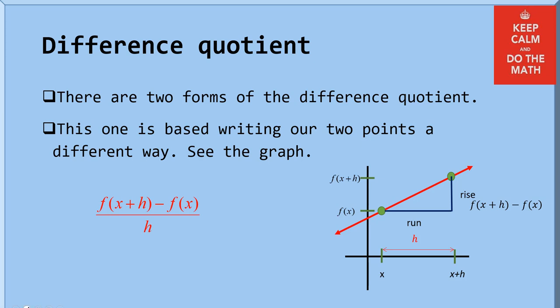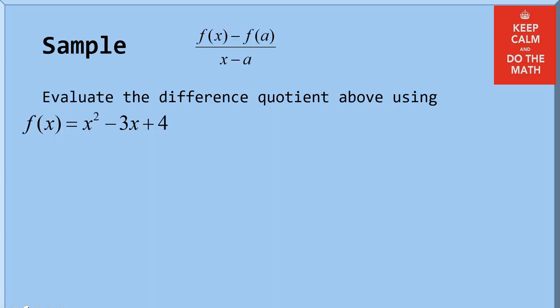So what we are expecting you to be able to do is, given a function, be able to substitute it into the difference quotient and simplify your answer. So we're going to start with this first sample. We're going to use the first style of the difference quotient. So my f of x that I'm going to use is x squared minus 3x plus 4. So I'm going to start with f of x in the formula. F of x, I'd simply write the function. So I'm going to write x squared minus 3x plus 4